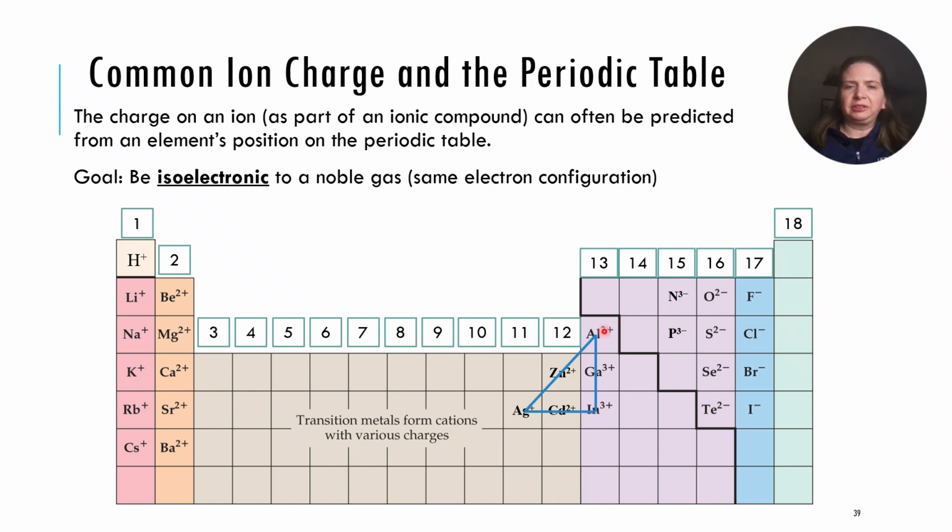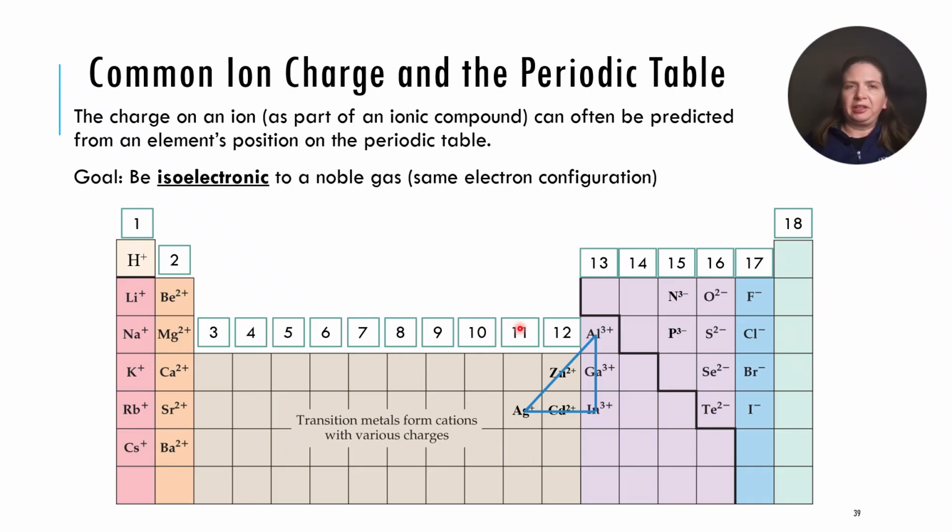Some metals near the transition metals also form predictable ion charges. These elements form a triangle on the periodic table with corners at silver, aluminum, and indium. In this triangle,